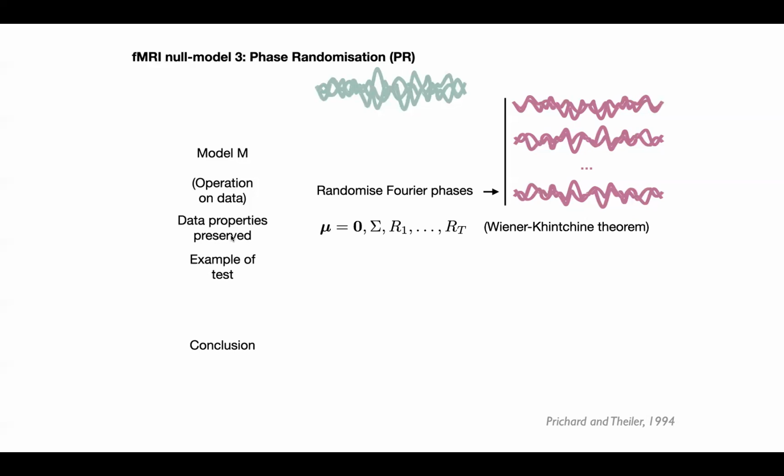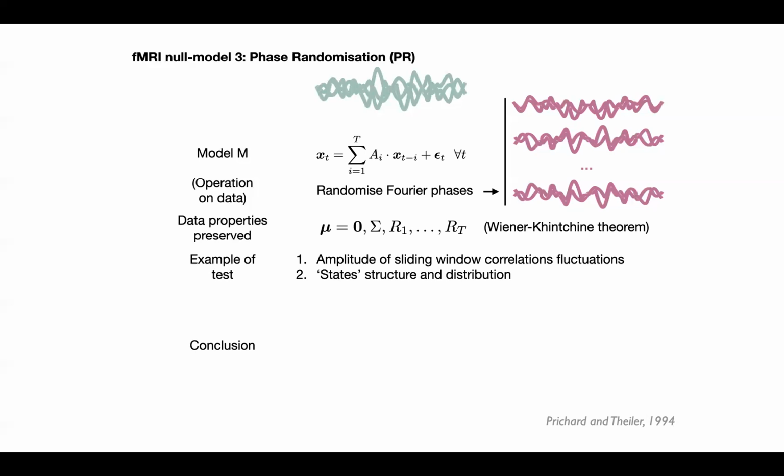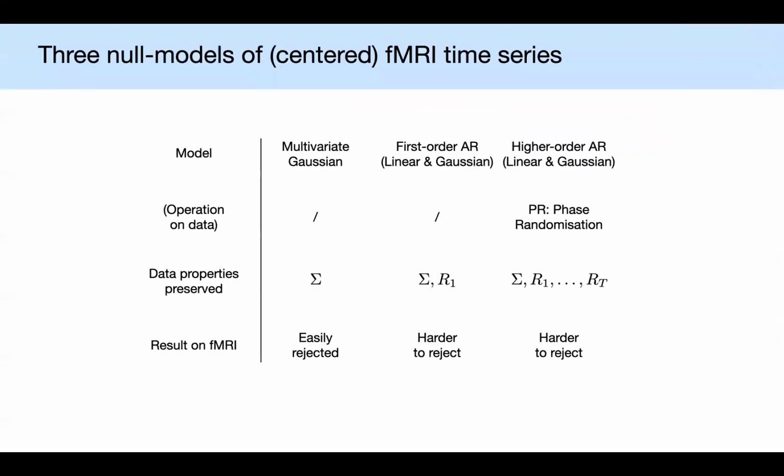Okay, so if we want to frame it in terms of null model M, that means that we assume that xt can be represented as a weighted sum of all the previous time points. And in this case, again, we can use the same metrics to compare between original and surrogate datasets. And that's also something that we showed in the paper, but that was shown also by others. It's also hard to reject metrics that are computed in original and PR surrogate datasets. Okay, a little summary table here,